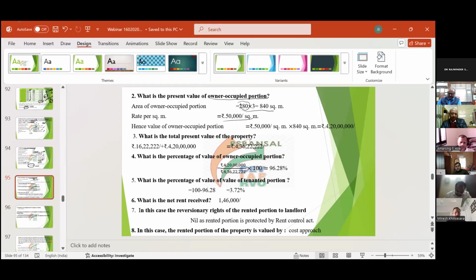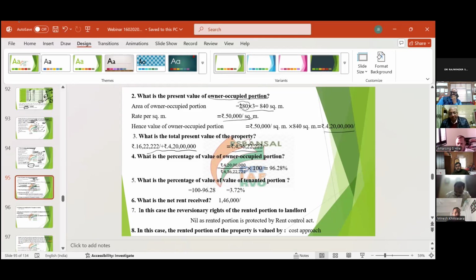So the value of the owner occupied portion comes out to be 4,20,000. So total value of the property comes out to be 16,22,222 plus 4 crore 20 lakh. Total value comes out to be 4 crore 36 lakh